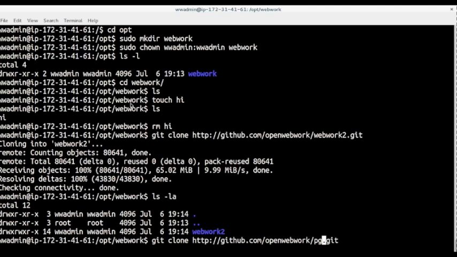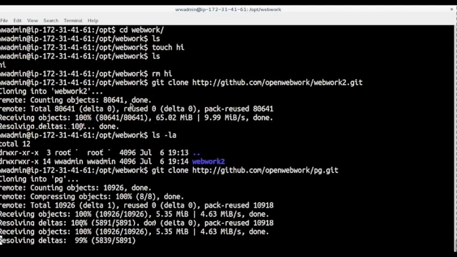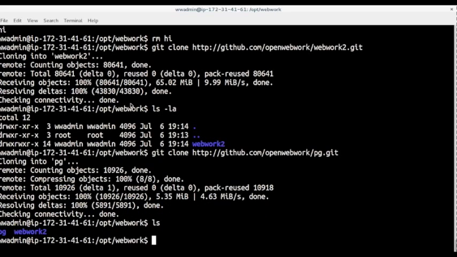All right, we also need PG. This is the problem generation and problem grading side of WeBWorK. So now you can see I've got WeBWorK and PG in this folder. I need some other stuff,